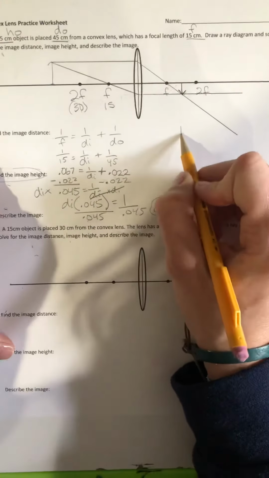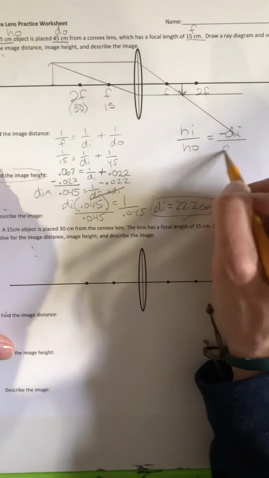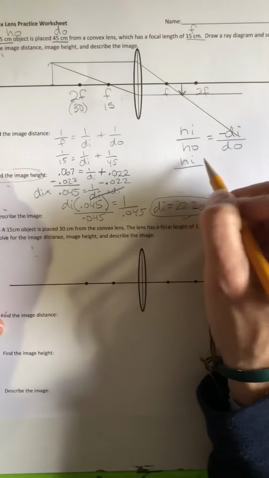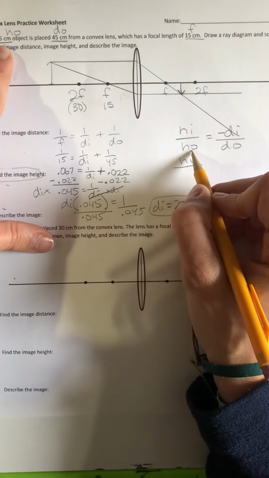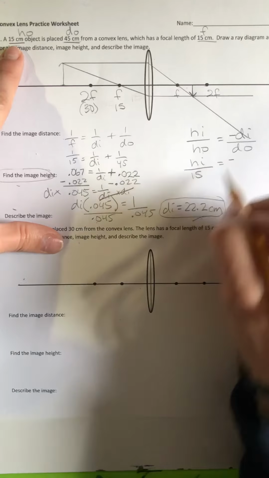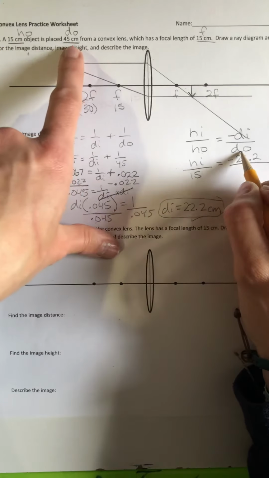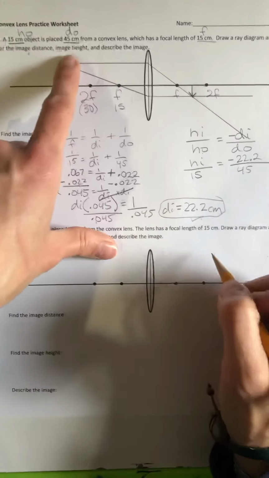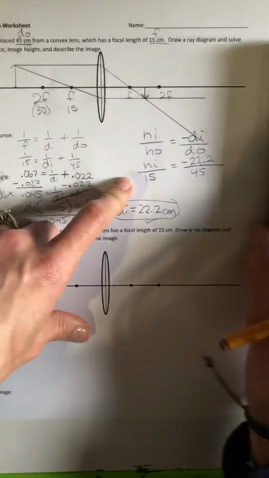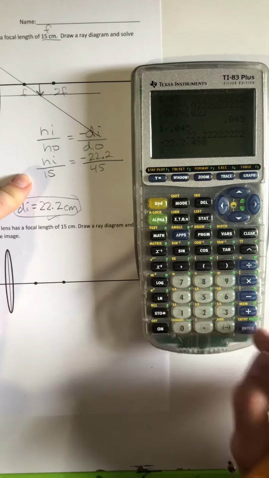So I'm going to say HI over HO equals negative DI over DO. Okay, HI I don't know. What is the height of the object? It is 15 centimeters, equals negative DI, which was 22.2, over the distance of the object, which was 45. Okay, so I'm going to simplify this side. Negative 22.2 divided by 45 is